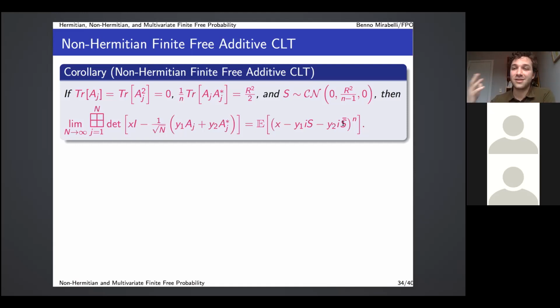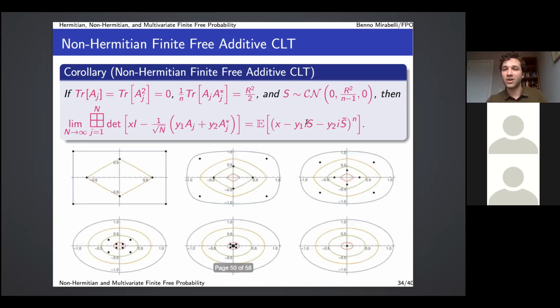So this relates, as you would hope, to complex classical probability, and this is a non-Hermitian characteristic polynomial, so we can even watch the evolution of its higher rank numerical ranges. So I have a family of matrices with these black dots representing the eigenvalues of those matrices, and these lines representing the higher rank numerical ranges. And as I do this convolution more and more times, you see that the higher rank numerical ranges converge to these concentric circles, and actually the eigenvalues all converge to the origin.